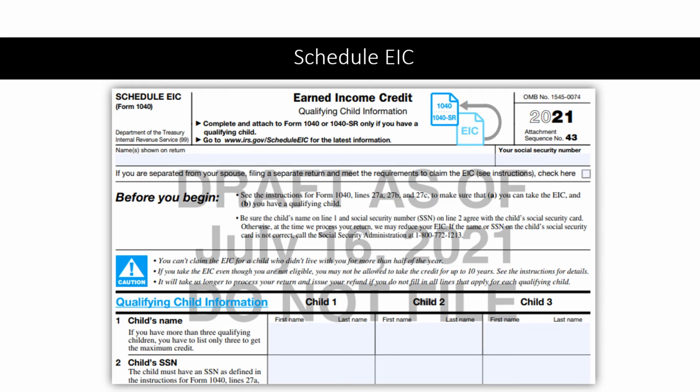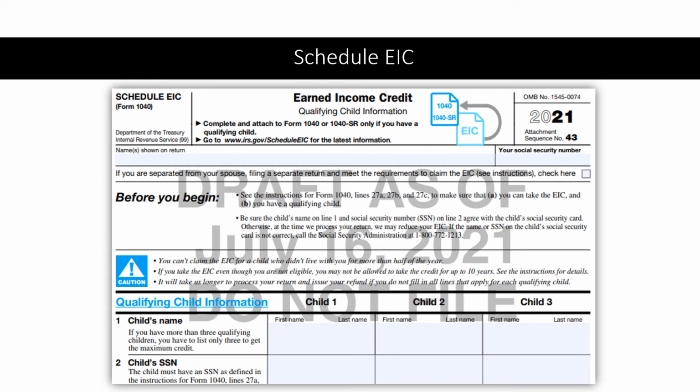And then we can just look at the flow of the forms. Again, TaxSlayer is going to be calculating the amount of the earned income credit so long as we have done our dependency entries correctly and our earned income entries correctly. Then we don't have to worry so much about the calculation. However, again, sometimes we have taxpayers come in and get a different earned income credit than what they've gotten in the past, and they want to know why. So it's important to be familiar with where these forms are and how they flow onto the return